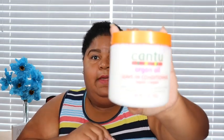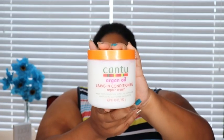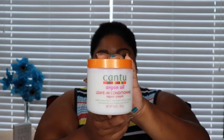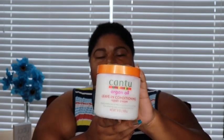Also, this is the Cantu Avocado Leave-In Conditioner Repair Cream, because I am trying to repair my hair because I had a lot of split ends as well. Because sometimes when you have long hair, even though it might be long, it does not mean that it's healthy. Okay, I had healthy hair at the top until like past the shoulder length, but all the hair past my bra strap and under that, baby, was split ends, okay? And it was hanging on. I could have left it on there and I could have just